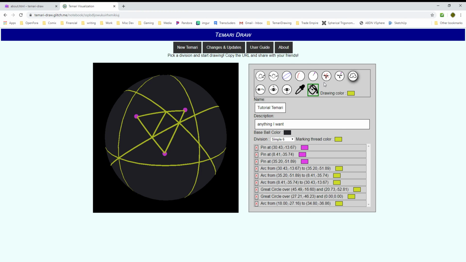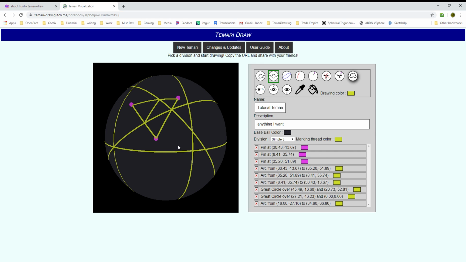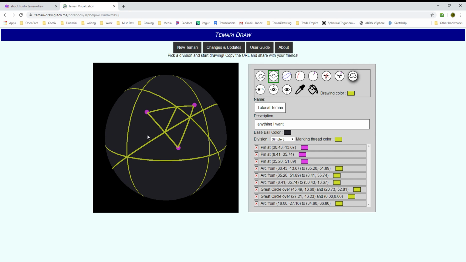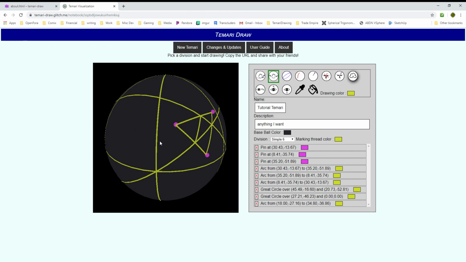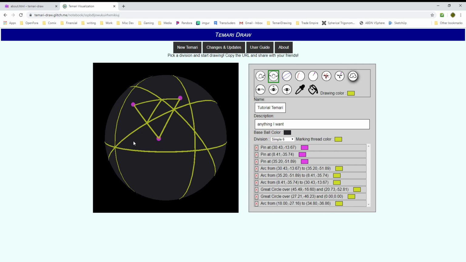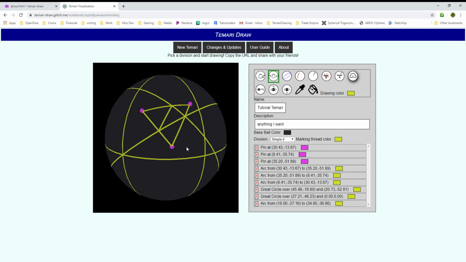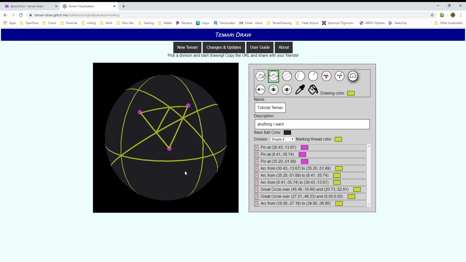But that's the basics. So I'm going to try to add some new features as time goes on, and we'll try to stand up some different hosting at some point. But I just wanted to give you a quick tour of where things are right now in version 1.0,